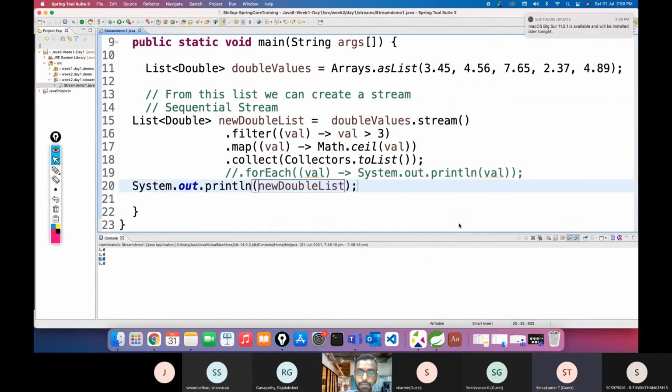How do I reduce the lines of code? That's when the